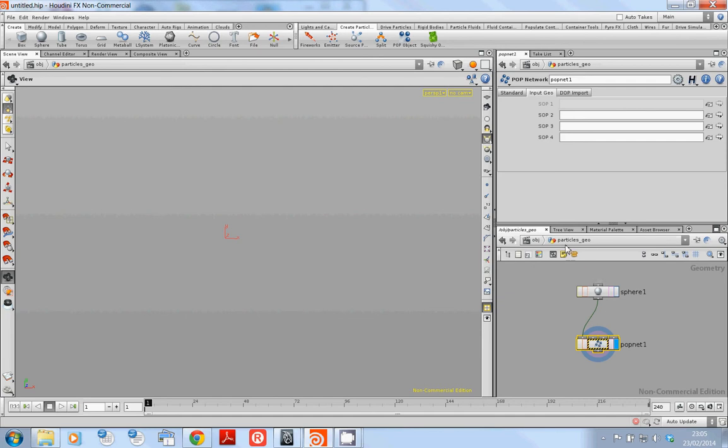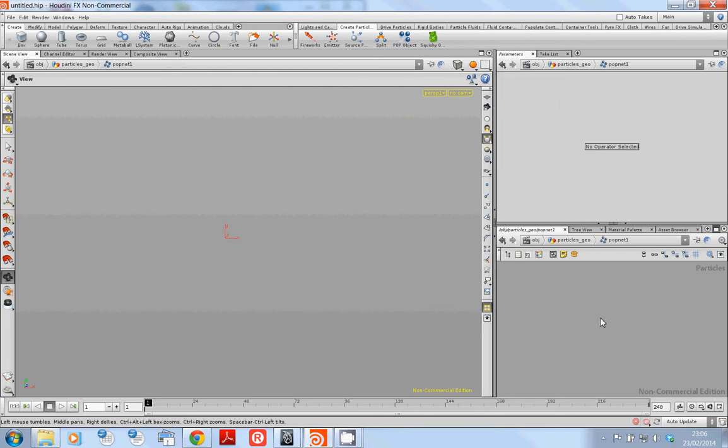Okay, so currently we are on object particles geo. It's just what I named it. And if I want now to adjust this particle operator, I'll double click and go inside of here. Now I'm in object particles geo / popnet1, and you notice that little display next to popnet1 has changed shapes to tell me I'm now